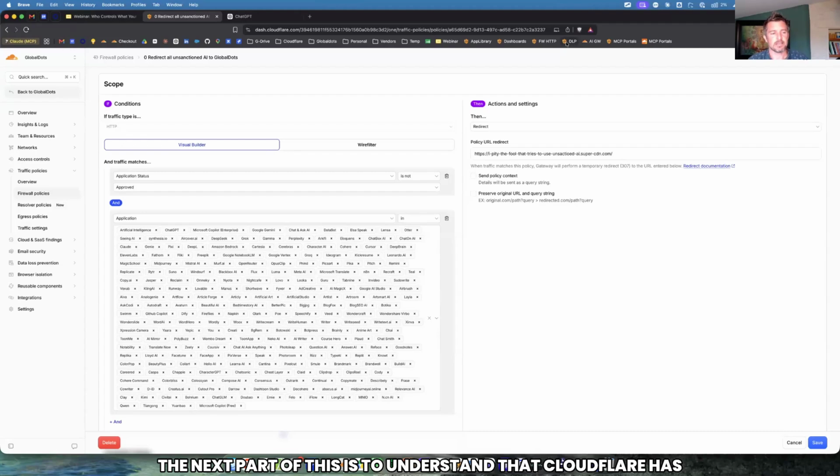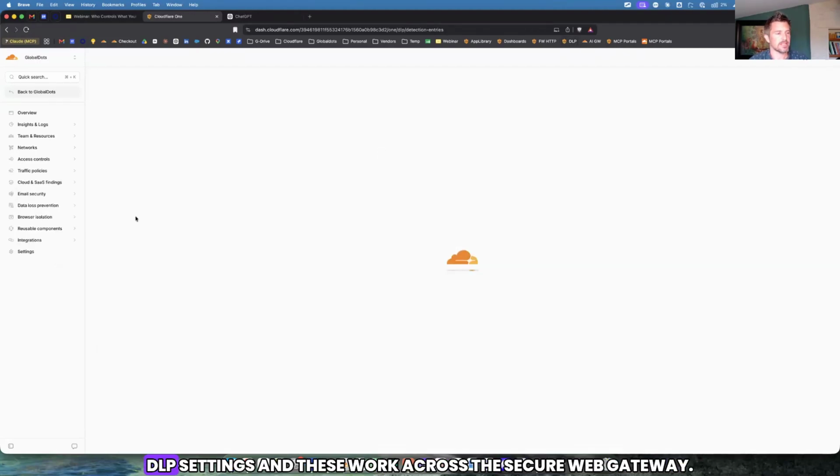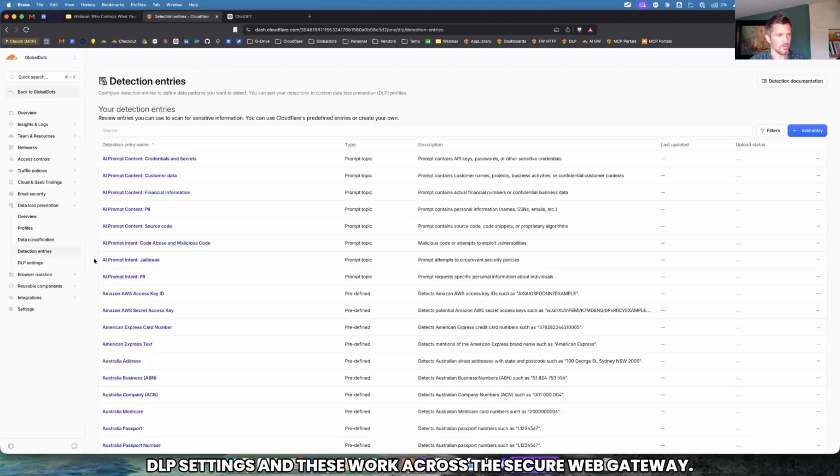The next part of this is to understand that Cloudflare has DLP settings, and these work across the Secure Web Gateway.